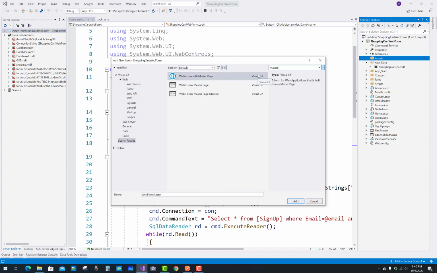So the third master page you have to add, web form master page nested, and the master page name will have to be changed also, that is admin.master.